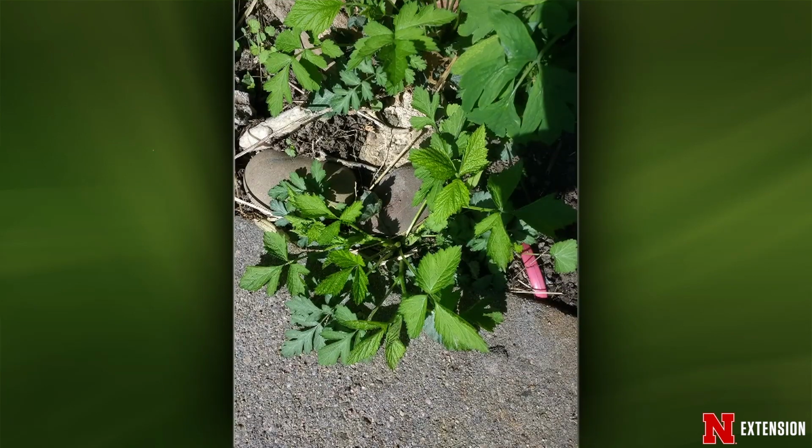And your next one is from a rural Hamilton County viewer who has, she says, too much of this one around her yard. So what's this one? Well, it's really difficult without a flower. We use flower color and flower shape and things. It could be one of the wild geraniums. It could be any number of those ones. Once again, similar to the previous viewer,